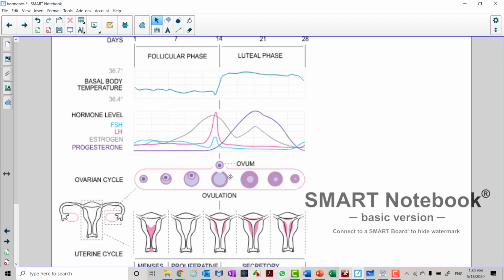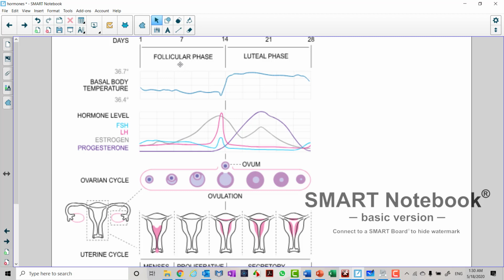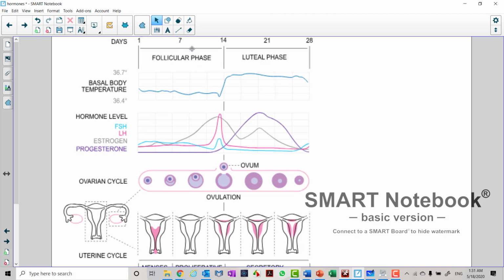So let's take a look at what's happening. You should be able to relate the follicular phase of the cycle and the luteal phase of the cycle, right? So this is what's happening with the ovaries. And so let's take a look at the hormones. As we look at the process here,